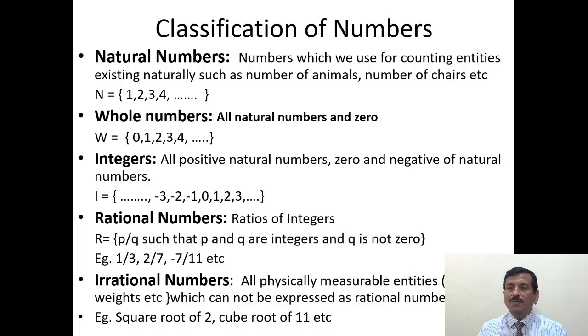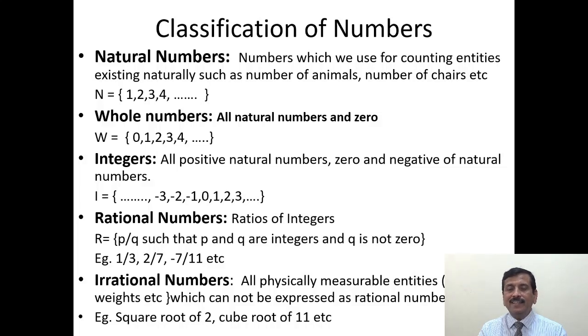Numbers which we use for counting entities existing naturally, such as number of animals, number of chairs, etc., are the natural numbers. The set of natural numbers can be denoted as N equal to, in curly brackets, 1, 2, 3, 4, up to infinity. We'll see the second set, which is of whole numbers. The whole number set consists of all natural numbers and 0,